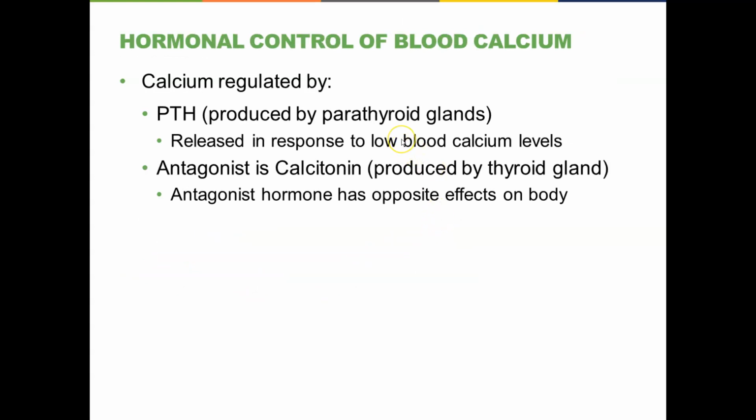Right, another function of the, they're called the parathyroid glands. They're a part of the larger thyroid organ, but they're a separate tissue with a separate function. They produce parathyroid hormone, and then calcitonin, produced by the main part of the thyroid gland, are two things that regulate calcium levels in the blood. We don't want to have really low calcium levels, because if they're too low, first we have problems with bone and tooth formation, but if they're really low, we have problems with neuron and muscle cell function, which can be quite deadly and quite quickly.